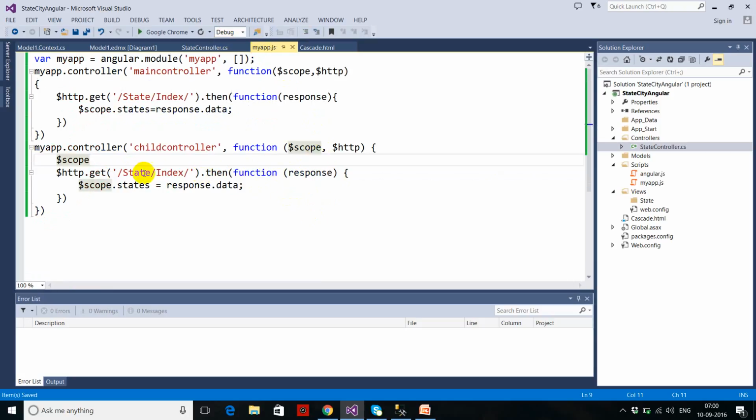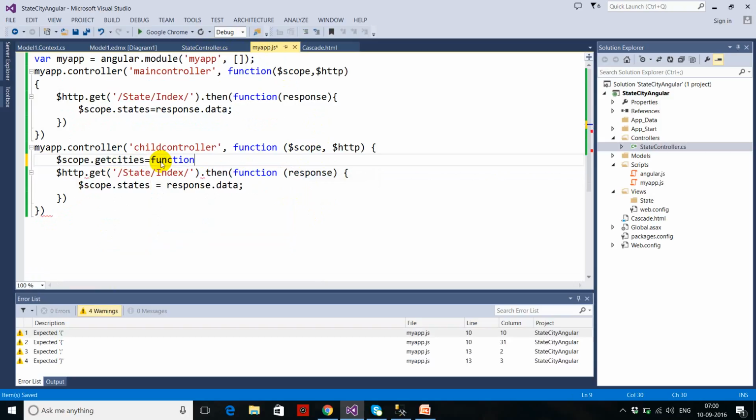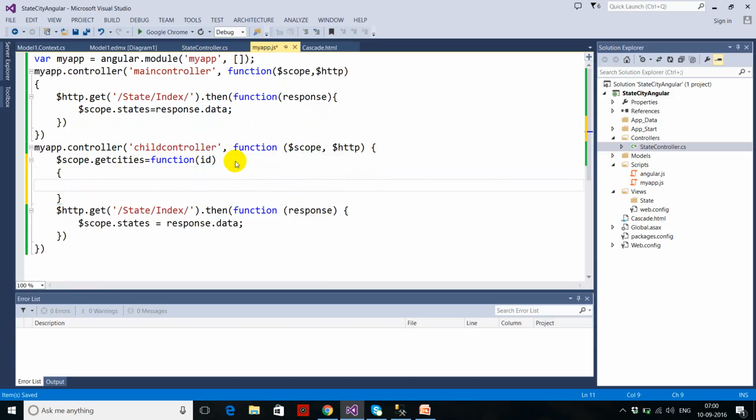So scope.GetCities equals a function, and in this function I have to pass the ID,